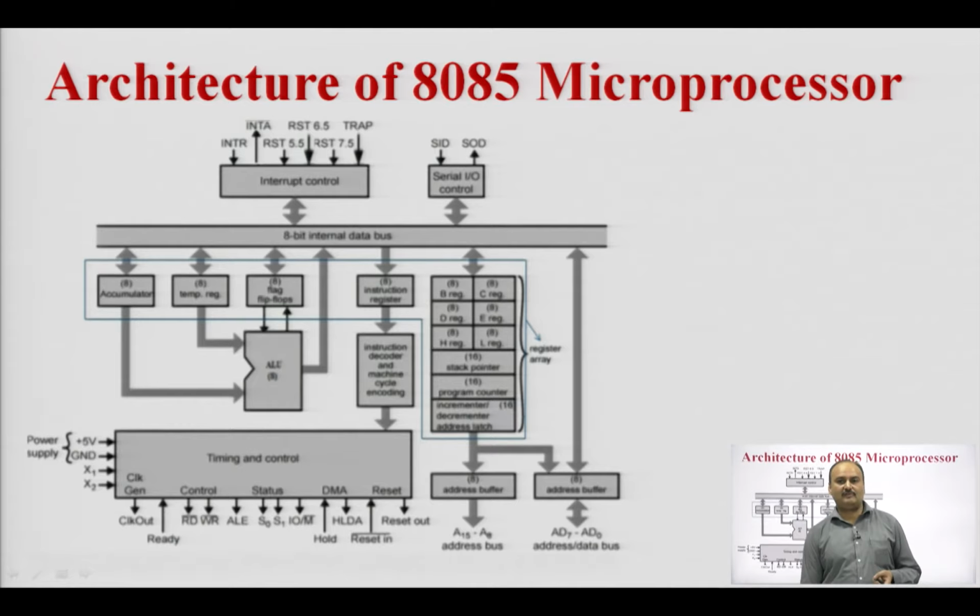In order to perform 1 bit serial communication, the serial input output control unit is there. This serial input output control unit of the 8085 microprocessor will consist of the SID and SOD pins. The serial input data pin is used to receive the 1 bit serial data bit by bit, and to transmit the data the SOD pin is used under the control of RIM and SIM instructions.